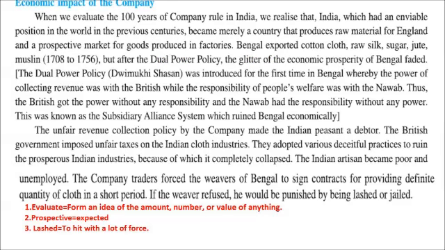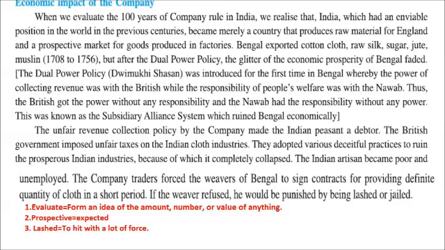Now, due to various policies of this East India Company in India, let's see its economic impact. Economic impact means related to monetary impact. When we evaluate, means when you just form an idea of some amount or number. So when we evaluate, in simple words, when you go through the past 100 years of company rule in India, what do we realize? That India, which had an enviable position in the world. Enviable means anybody could feel jealous about.